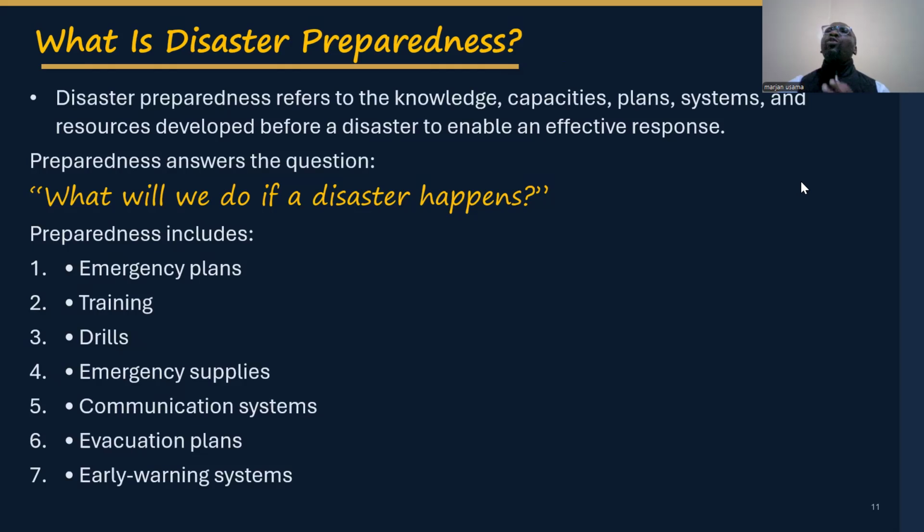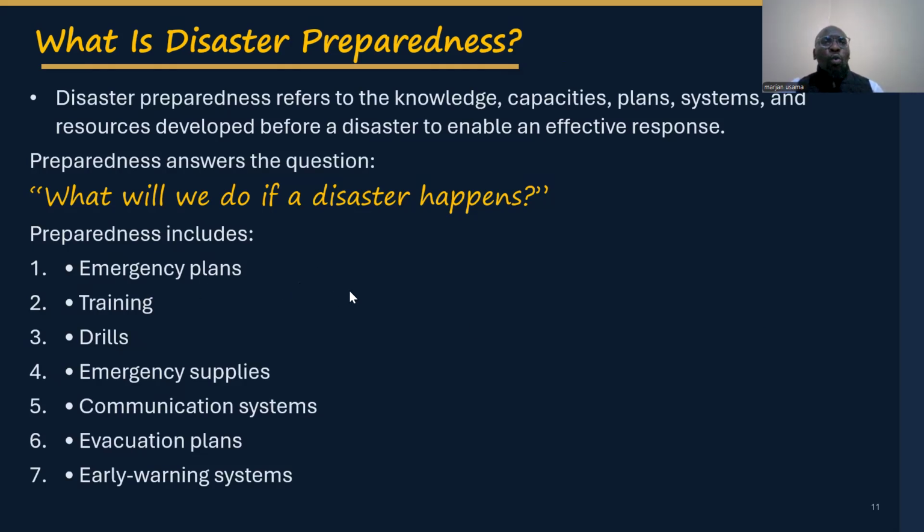So here we are planning, so that we can win. Like a football team, they need to plan how they are going to play so that they win. So if we want to win against the disasters, we need to have a very good plan. So preparedness answers the question, what will we do if a disaster happens? What will we do when the disaster occurs? What are the activities we will work on? So preparedness includes emergency